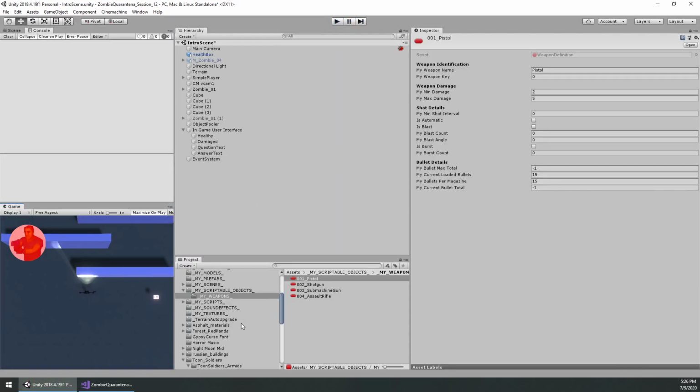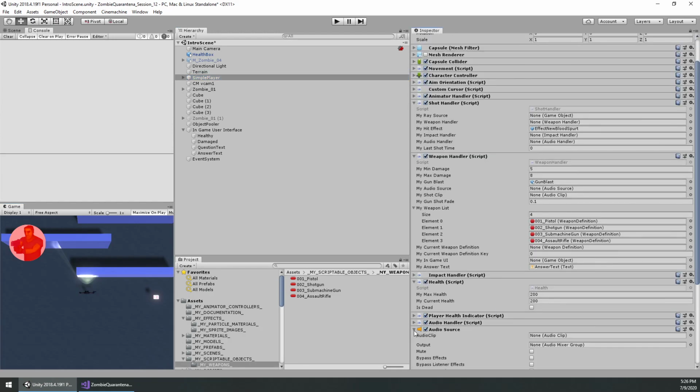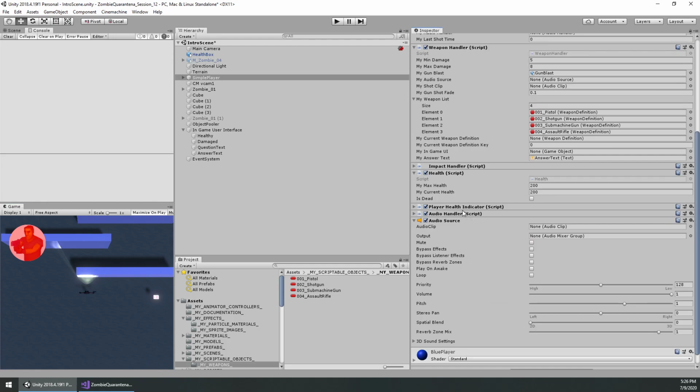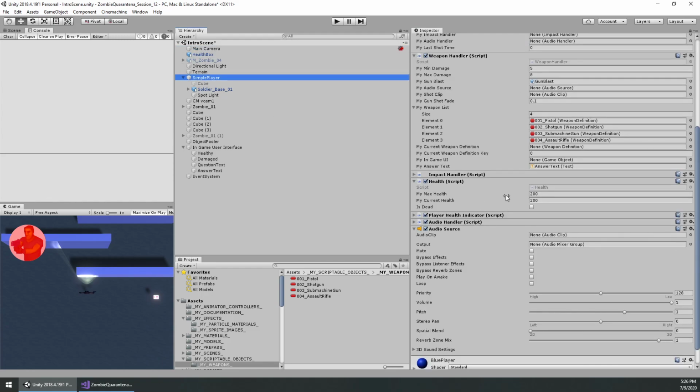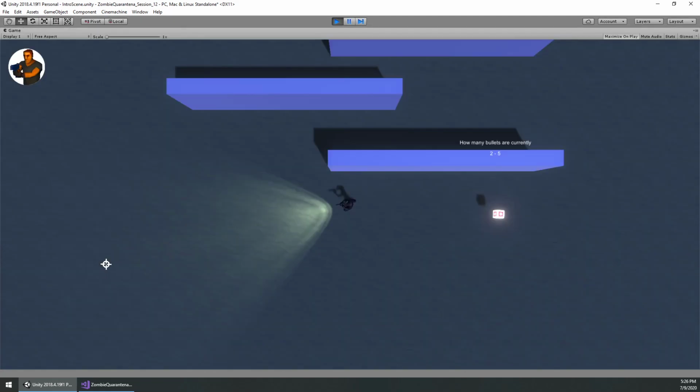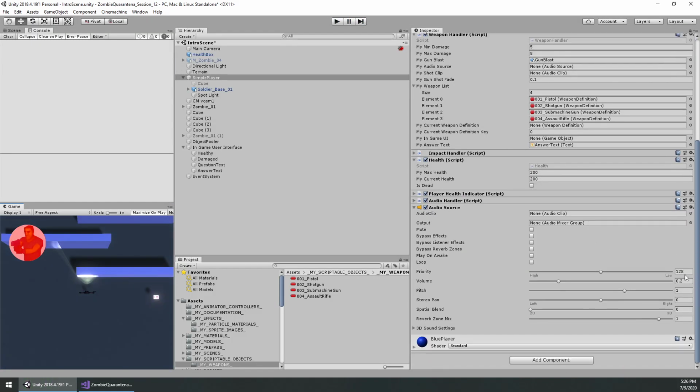That seemed a little loud in my ears, so let me turn my player's volume down more. Actually, it's the camera's volume. No, is it the player? Let me try this again real quick. Yeah, it is. Okay, so I'm going to turn this down to 0.0, just so it's not quite so loud in the video. I know you guys can't hear it, but